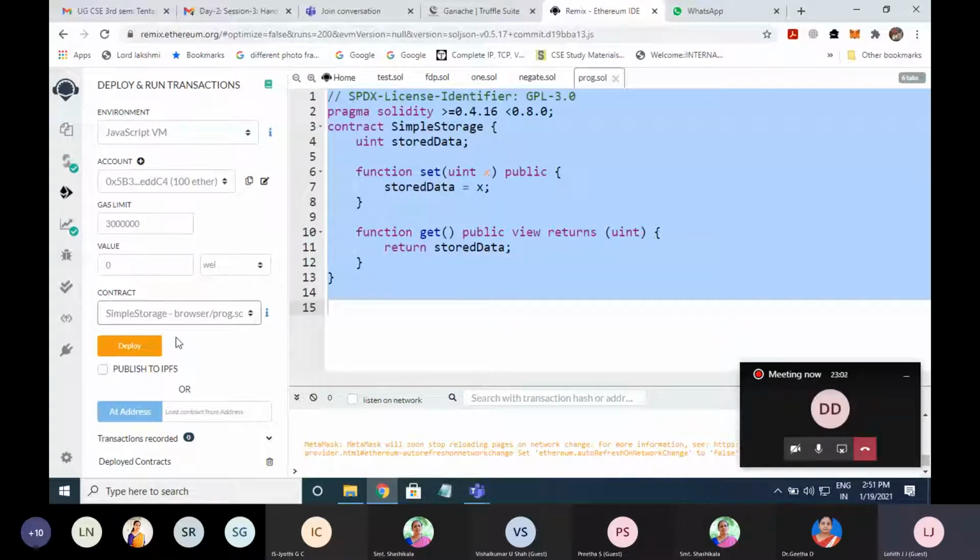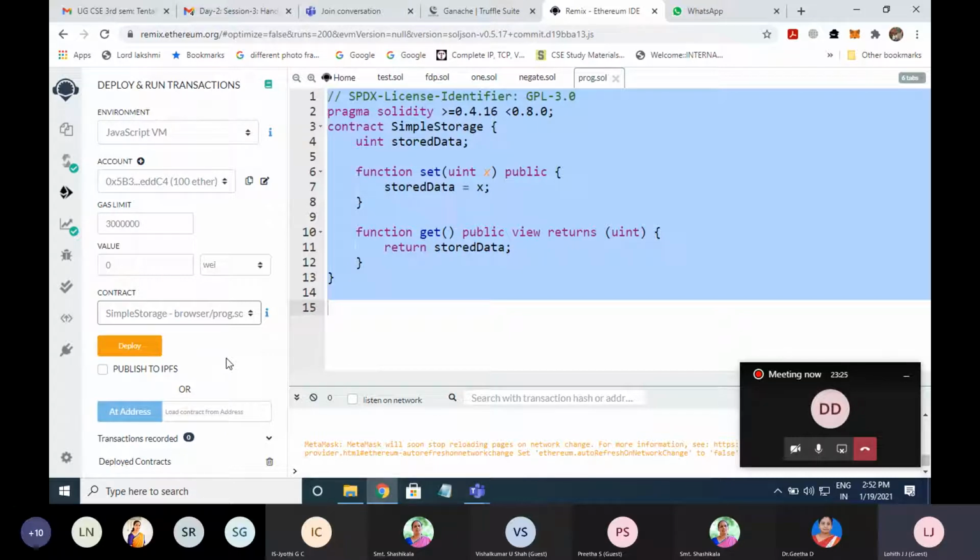Next, contract SimpleStorage. Then you can see the Deploy button here. You can see an orange color button and a blue color button. This Deploy indicates that once the program is compiled, you can deploy it to the Ethereum blockchain.